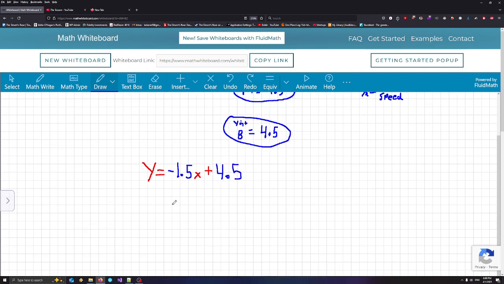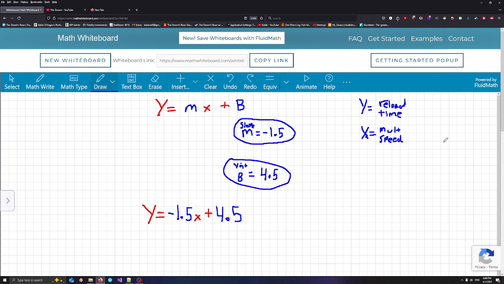Okay, so we have, like we were saying before, the reload time we get out. We have our x value in this case. So if we wanted to put in a multiplication speed for x, this equation will spit out a reload time. But for my game, I want to find out what the multiplication speed is, because I know how long the